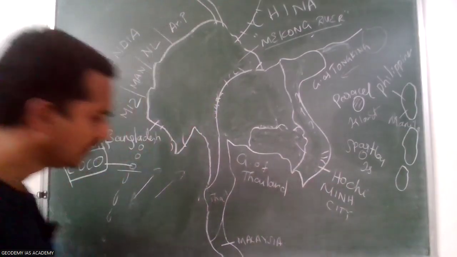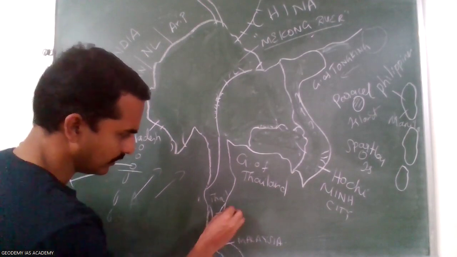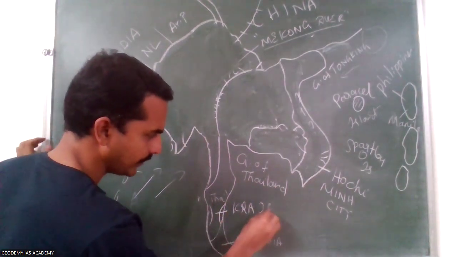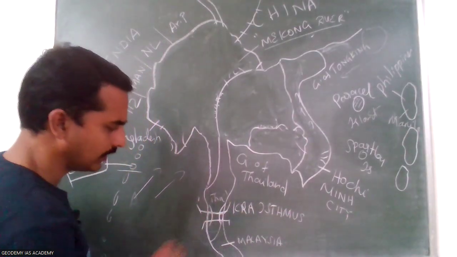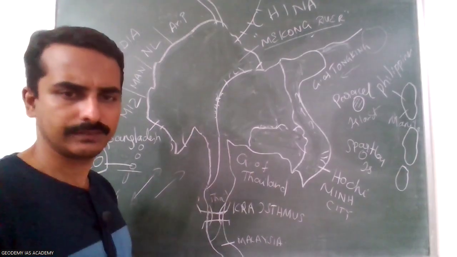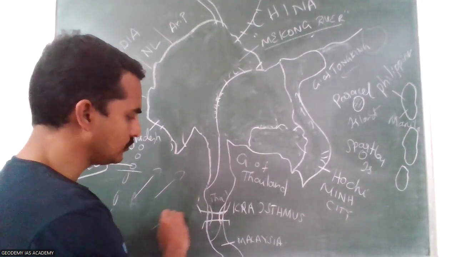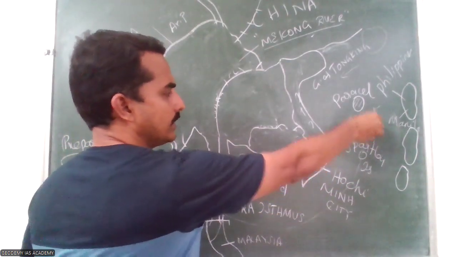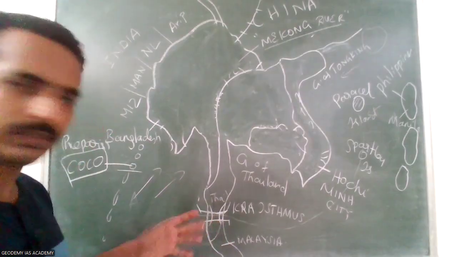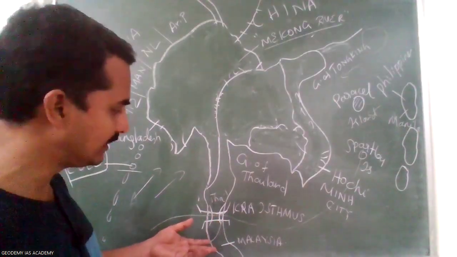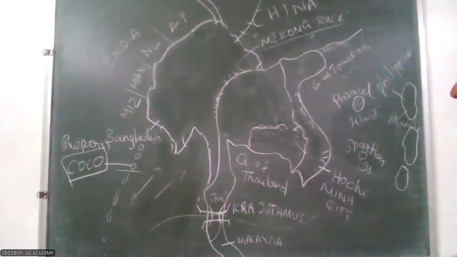And here in the isthmus, it is the Kra Isthmus region. Here the Thai government actually planned to construct a canal, the Kra Canal, to bypass the Malacca Strait. So if the Kra Canal is constructed, then even India and all other countries will begin to use this Kra Canal to access the South China and Pacific countries instead of Malacca. So the income of the Malacca Strait will be reduced. The plan has existed for so many years. Mostly it will not be implemented. Let us see.